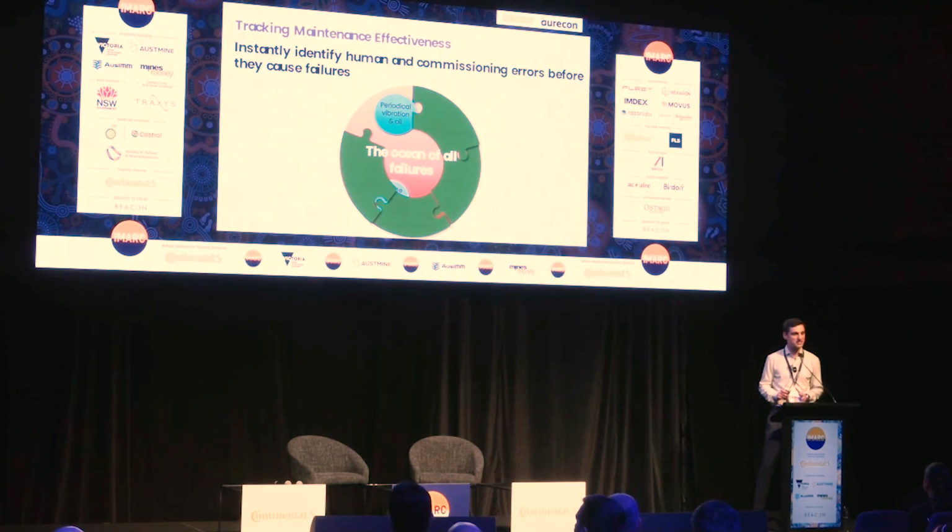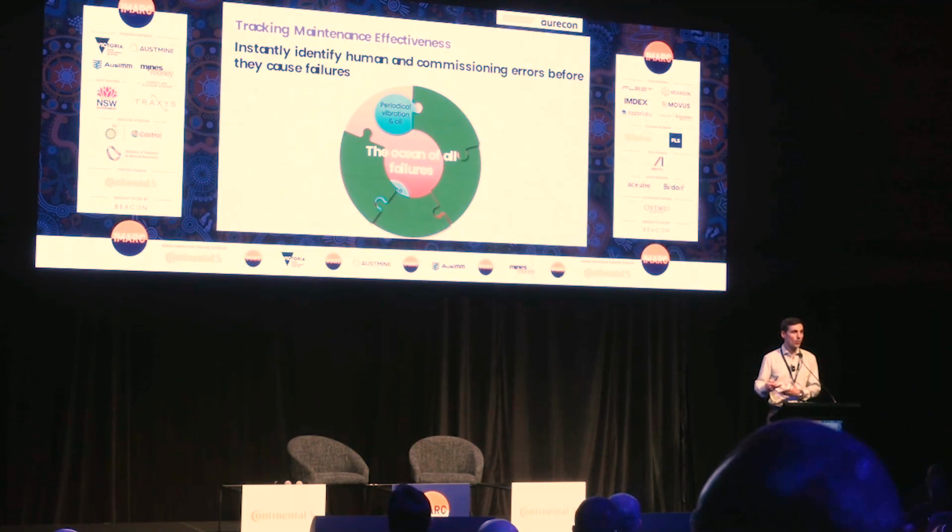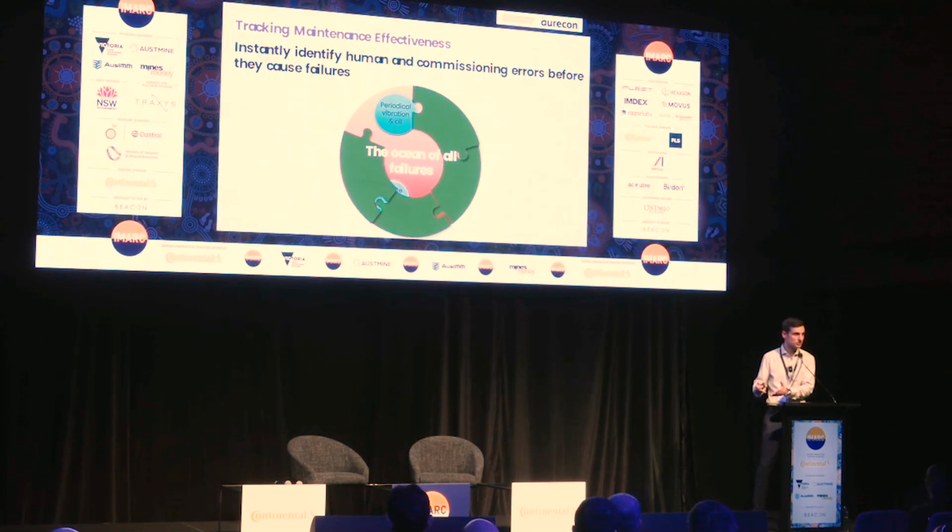There are several things that I don't have the time to cover. I'm just going to mention them briefly, and then we're going to end. One is maintenance effectiveness. Human errors in maintenance or commissioning and setup errors are also a major cause of failures. We're able to ingest maintenance information, correlate it with the health of the equipment, and flag when a maintenance was either ineffective or some error caused the equipment to deteriorate. Currently, that would lead to failures because the machine would not make it to the next inspection, which is a month or 3 months away.